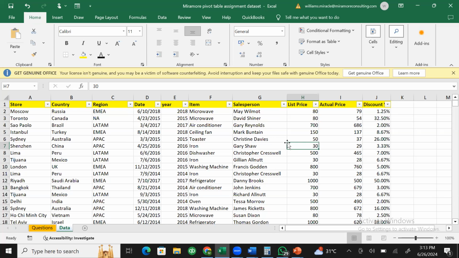Okay, pivot charts is very important, so you know how to visualize. That's the visual aspect, visual analytics. I will also show you how to add what we call slicers and timelines to your pivot table. These are things that are also very important. And of course, after this, you are now eligible to